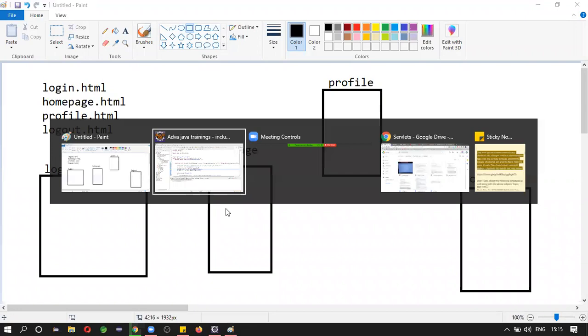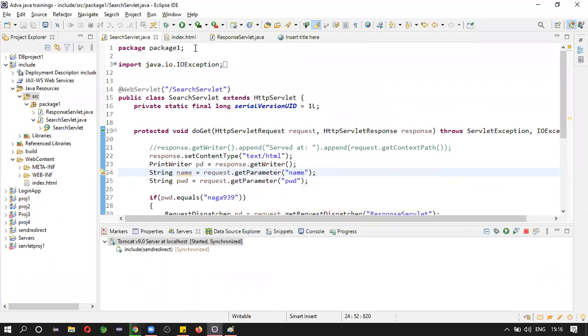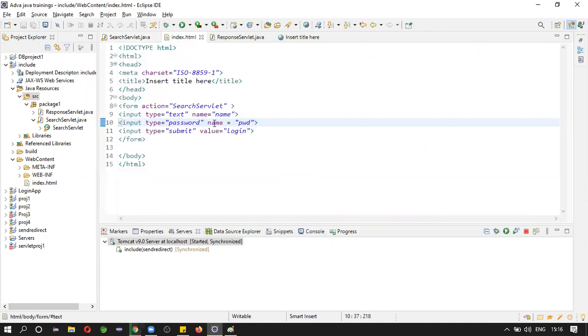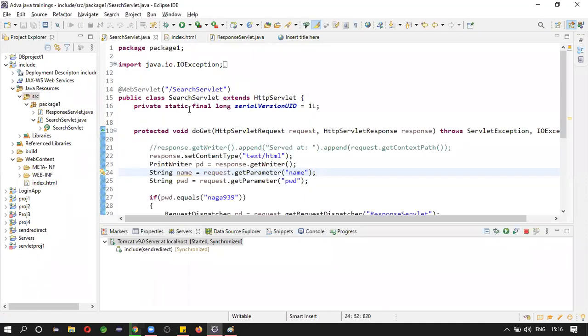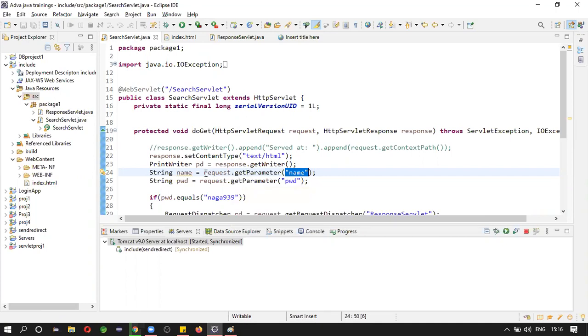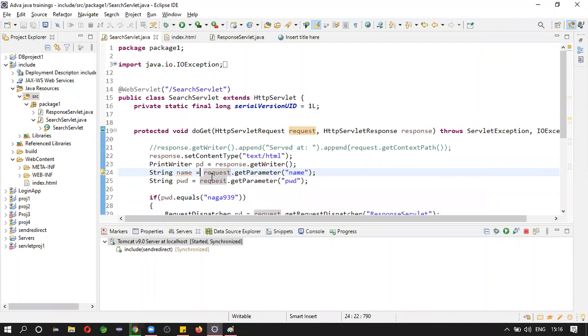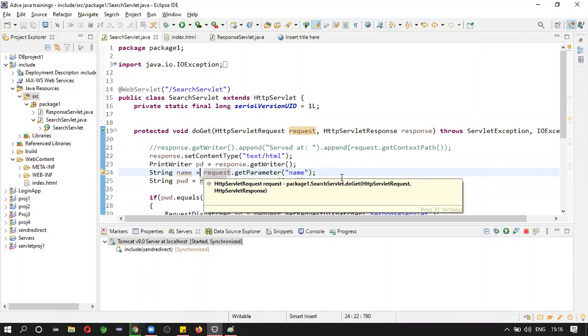So let us see some basic things here. You are forwarding the request from here to a separate servlet. Here you take the form values by using getParameter for name and password. To get this you use the request object, which is already available. If you provide the input, it will be available. If you don't provide it, you cannot get anything.